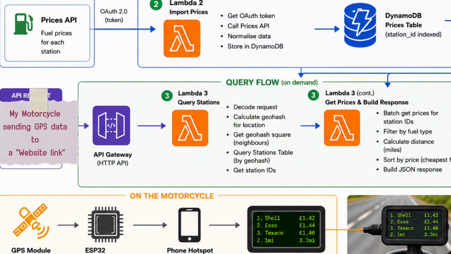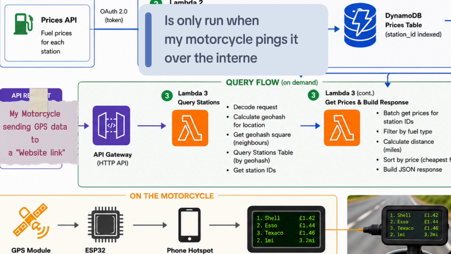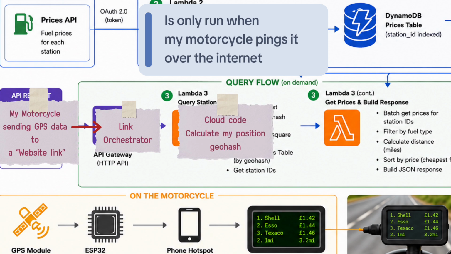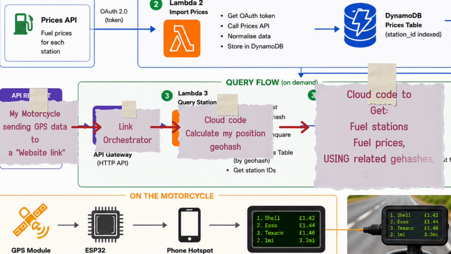Moving on to the juicy bit, I'm creating my own API. My motorcycle from that device I mentioned earlier will be sending GPS data to an orchestrator that will forward that request on to some cloud code that I've written that will calculate my position using my longitude and latitude to a geohash. It will then use that information to get 8 other geohashes around me to get the nearest fuel stations, cheapest prices of fuel based on the fuel type I provide, and make sure the response to my motorcycle